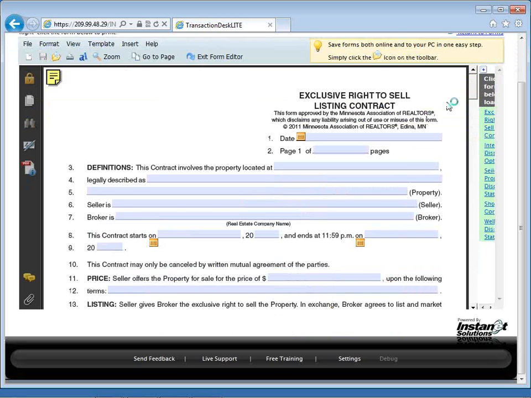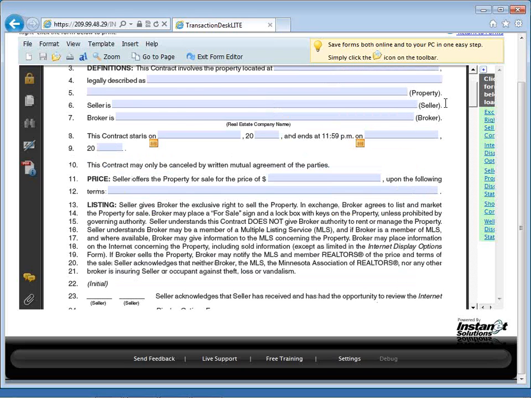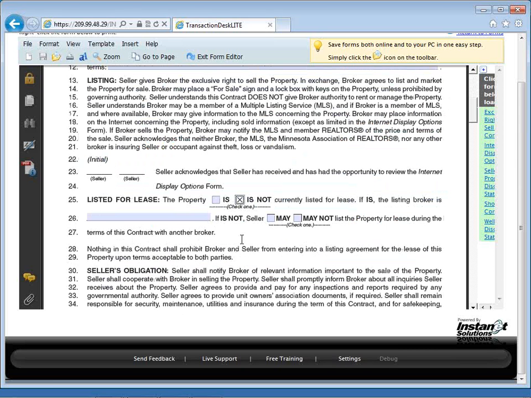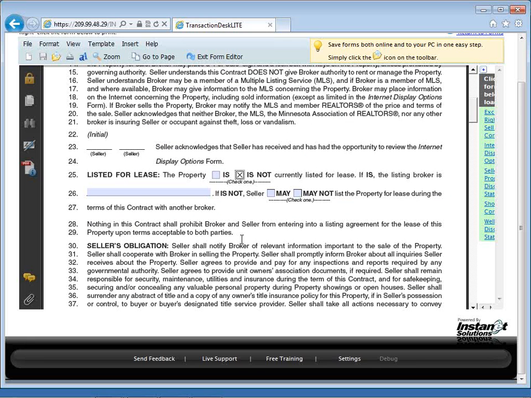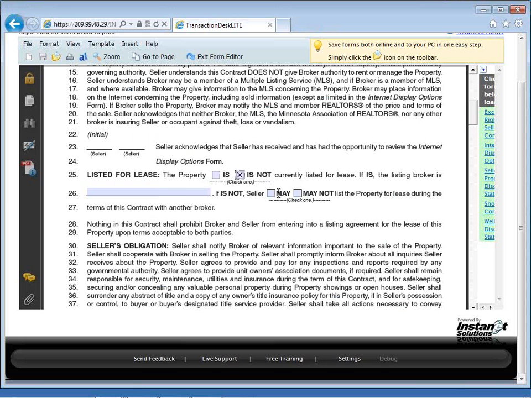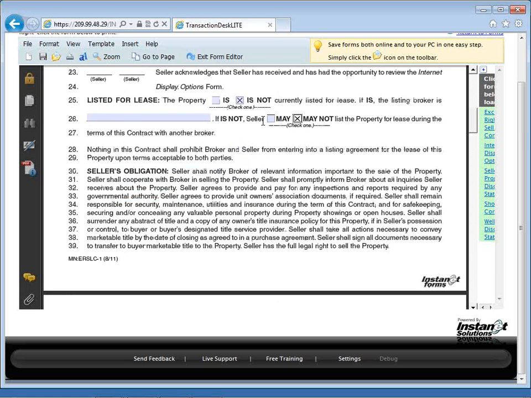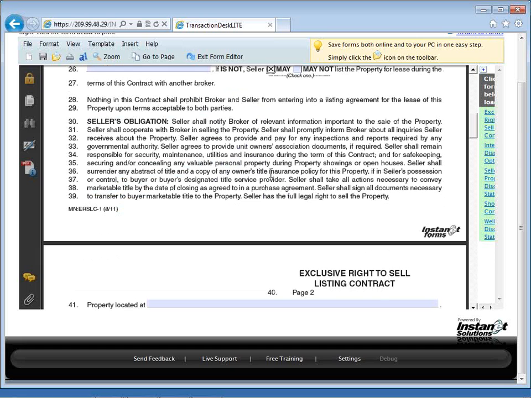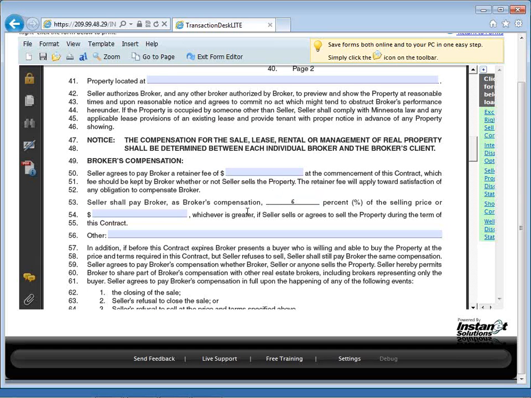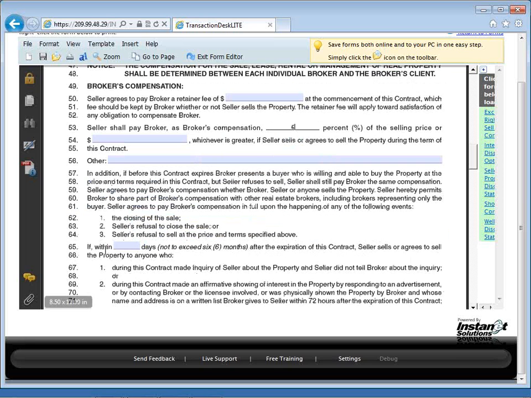Scrolling down the page, property is or is not. Typically I think it is not, but again, it doesn't matter if it's not, we change it at the file level. Seller, we don't want to do that now. Seller may or may not list. I don't think so. Unless it's me. Okay, now property information, percentages. Go through. This stuff is, you're trying to get these each time. Typically when you have that,